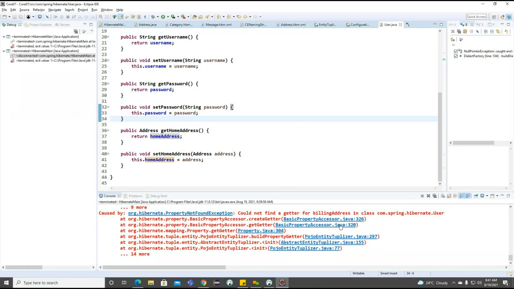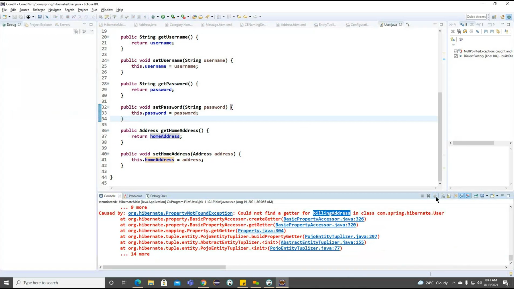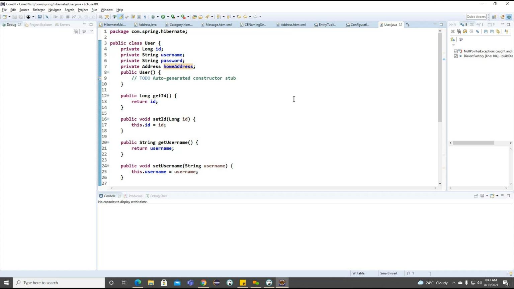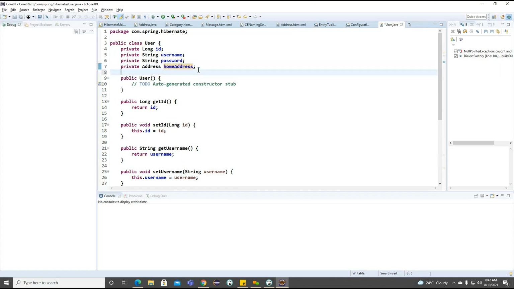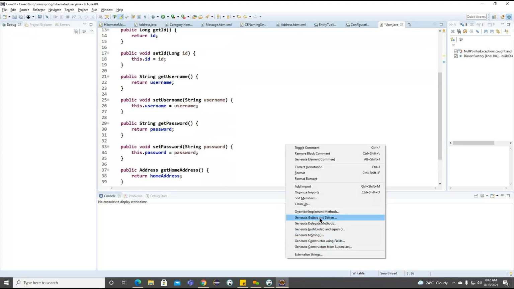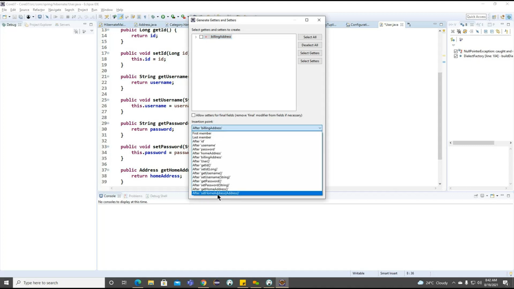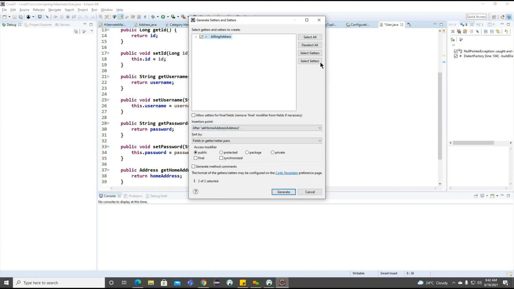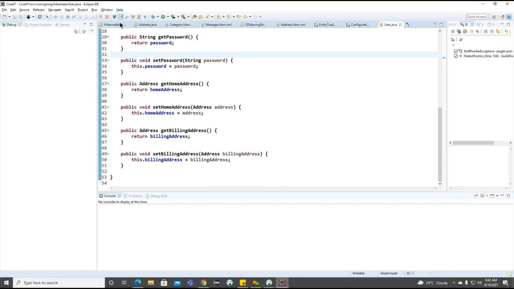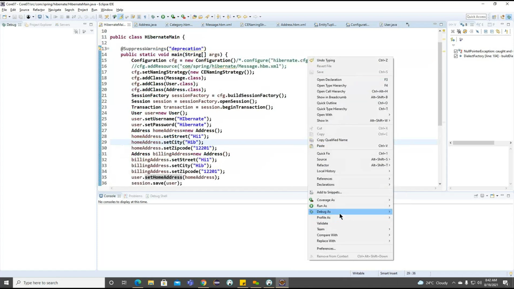Let me redesign this particular billing address. Okay, address. Okay. We implemented billing address as well.